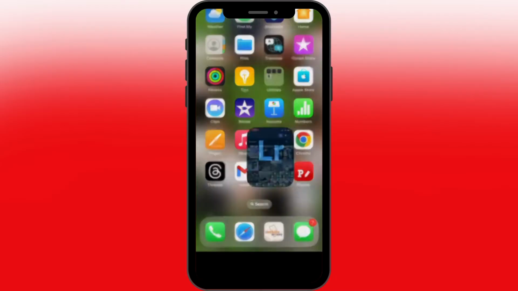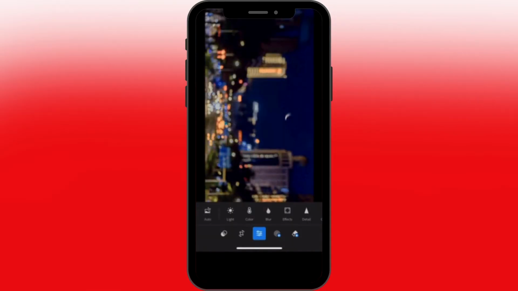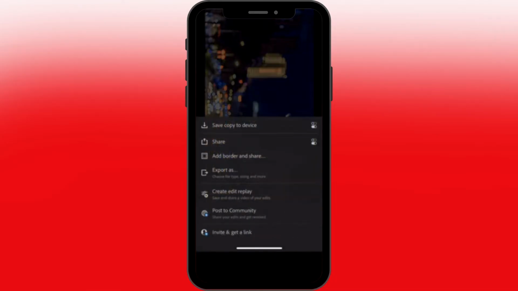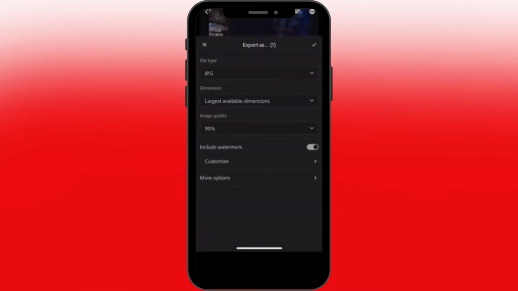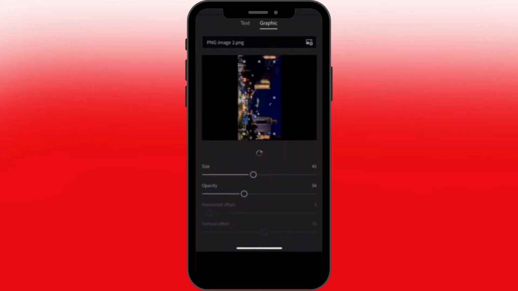Let's tap into the app itself, and here let's choose any photo you'd like. Okay, let's choose this one over here. It's a blurry image. So what you have to do right here is, at the very top corner, tap this option right here and tap export as,